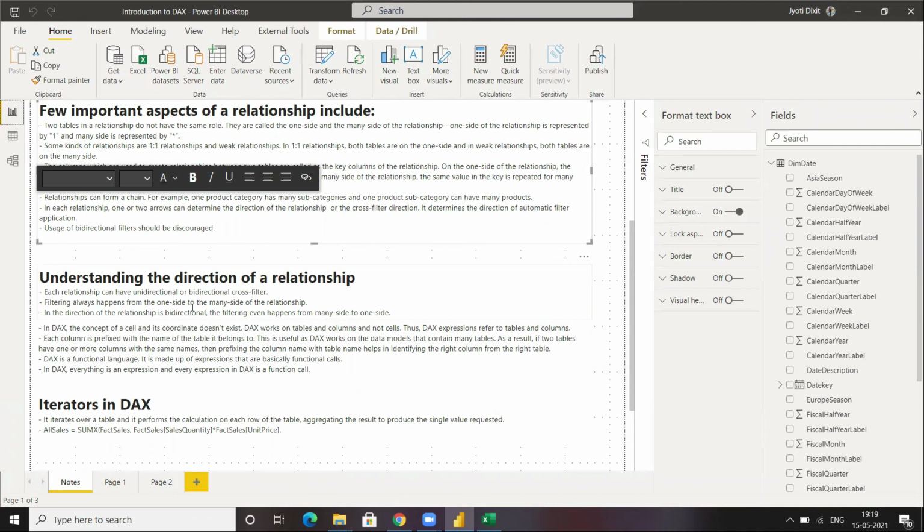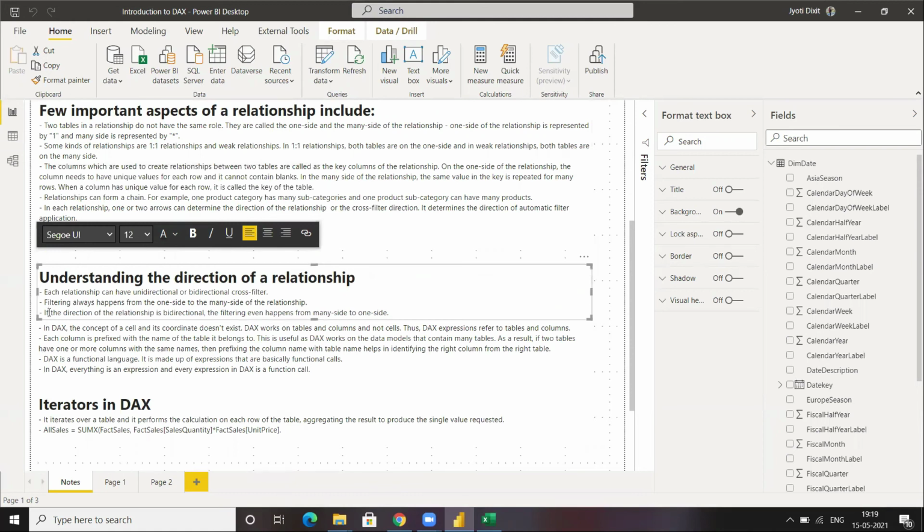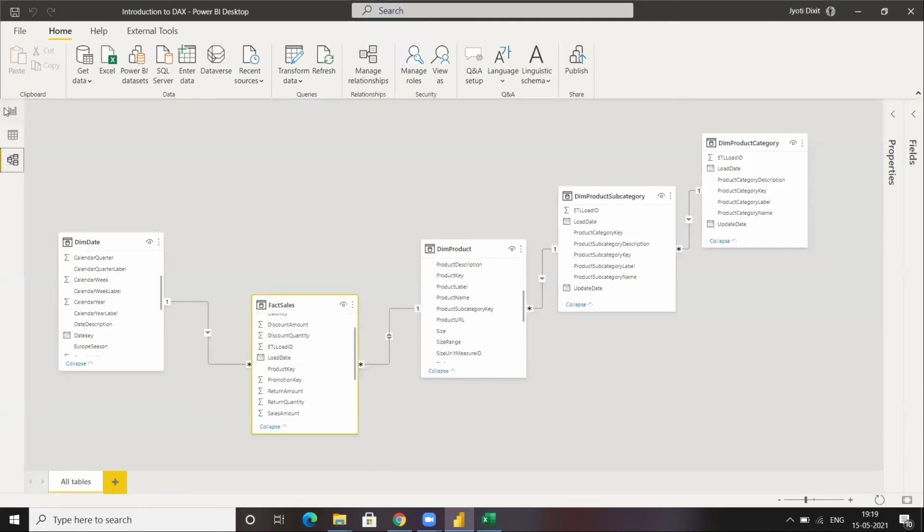Filtering always happens from one side to many side of the relationship, because this is a trend, or you can say this is a general practice, that we apply filter from one direction, from dimension table to fact table, right? If the direction of the relationship is bidirectional, the filtering even happens from many side to one side, which we have talked about, right?